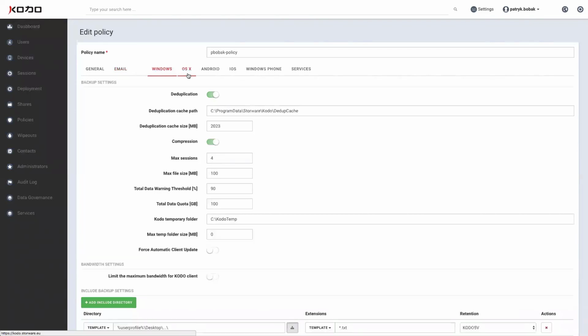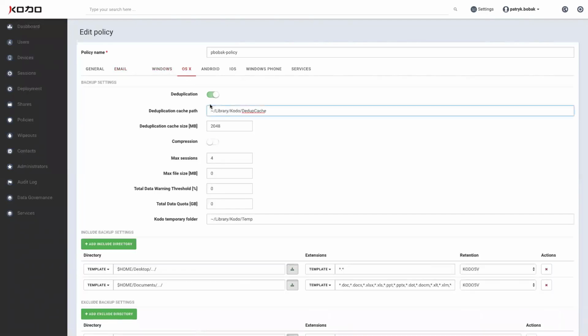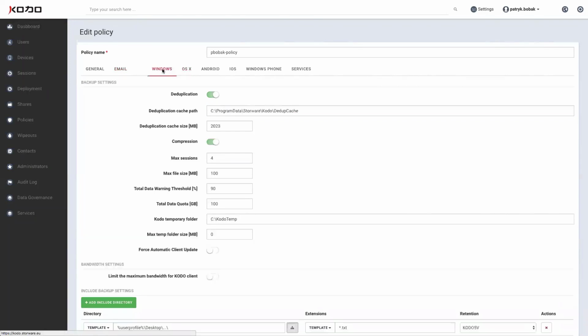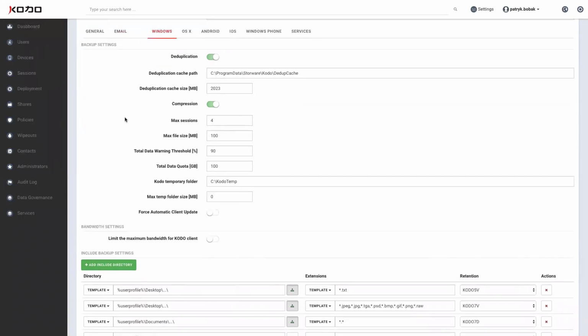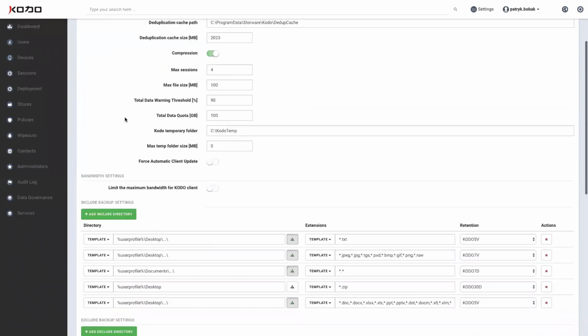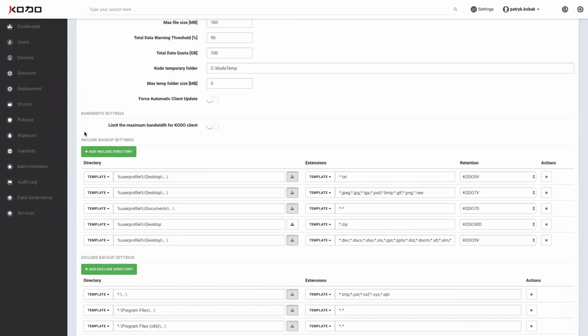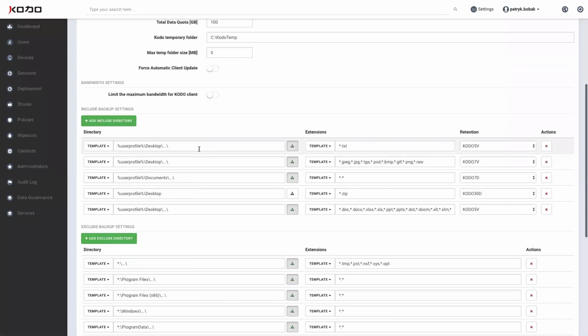These two tabs are very similar. The biggest difference is the paths to files and to folders. And the most important thing here is that we have include backup settings and exclude backup settings. So here we are providing the paths and extensions that should be protected on the client